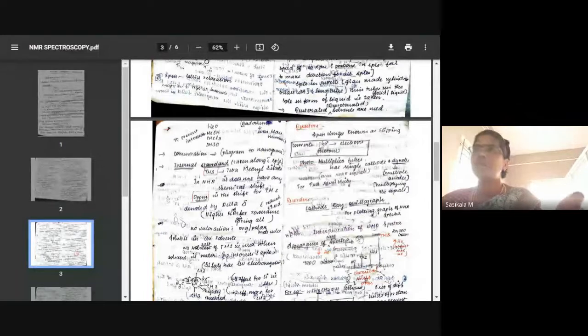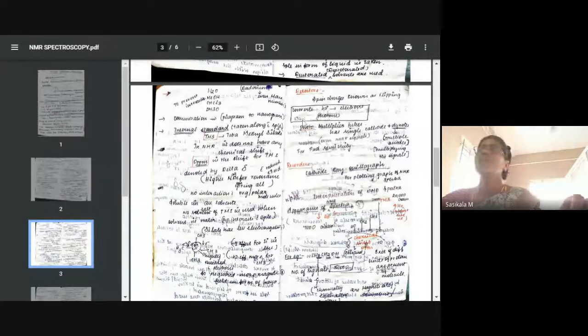And next part of instrument is detector and then recorder. Detector uses photomultiplier tube in order to detect radio waves, electromagnetic radiation as photons. We have discussed photomultiplier tube under UV also, so you can check the same for writing in brief. Okay, and so it will be converting. Detector role is converting radiation energy to electrical energy, where photons are converted to electrons in order to give the electrical signal, and this signal will be directly proportional to the concentration of sample present in the solution.